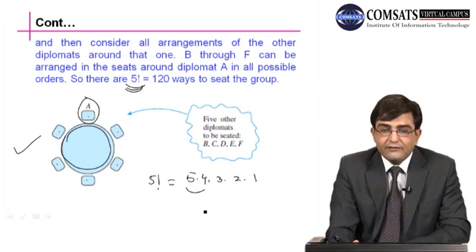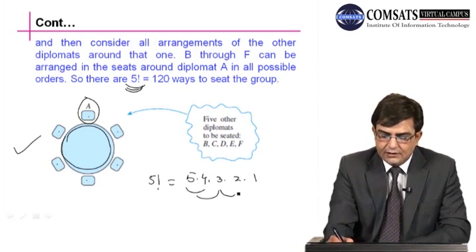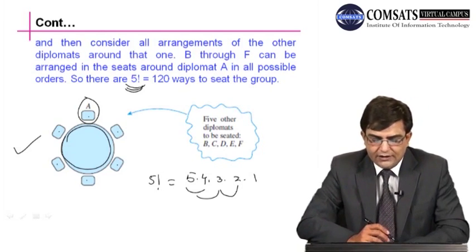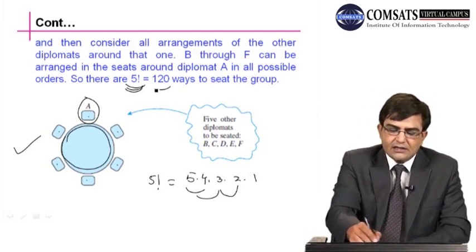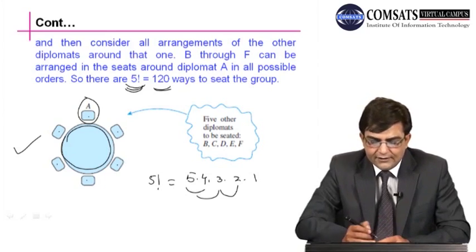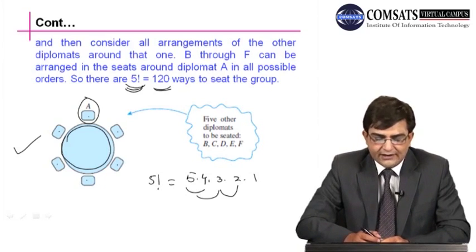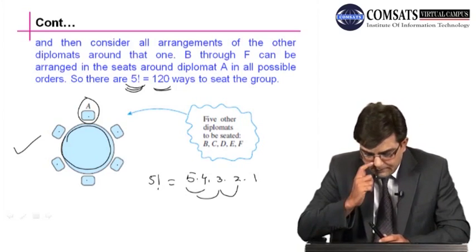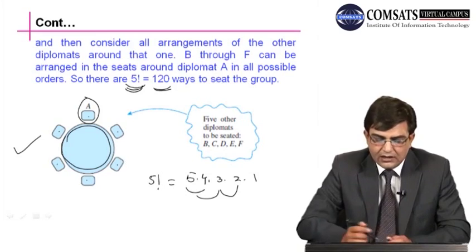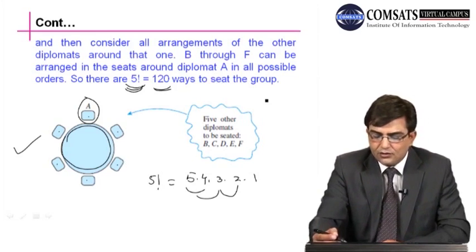This is 5 4s are 20, 3s are 60, and 6 2s are 120. So 120 are the ways in which these diplomats can sit around this circular table. So when we have to calculate the permutations around a circle, around a, you can say pentagon,